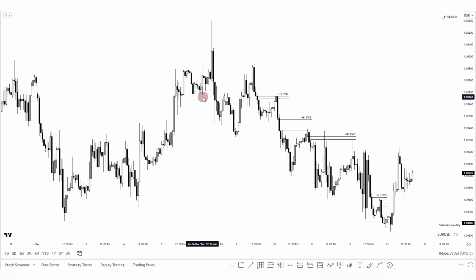Yes, I do use market structure, but that doesn't mean that everyone needs to trade the same style that I'm trading in. So how would you use these fair value gaps to determine which direction, or to confirm your buy models or sell models,